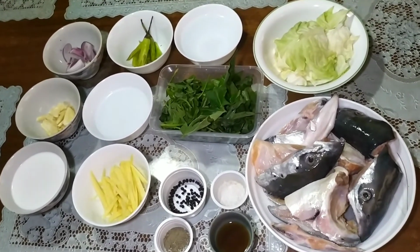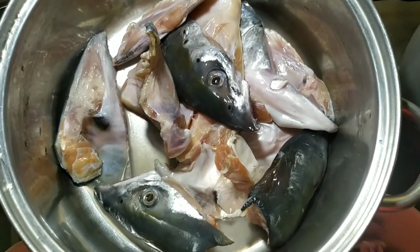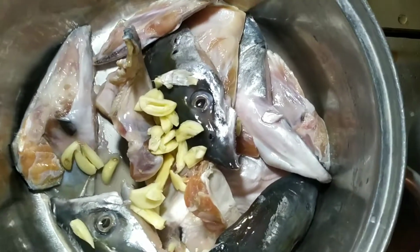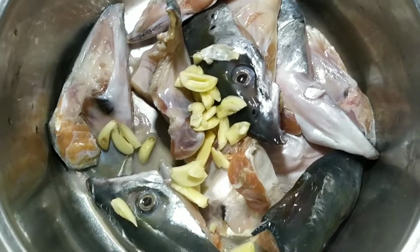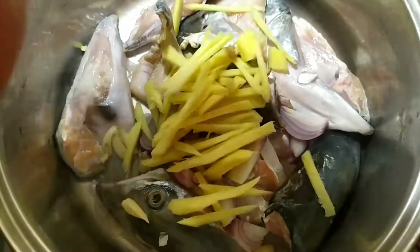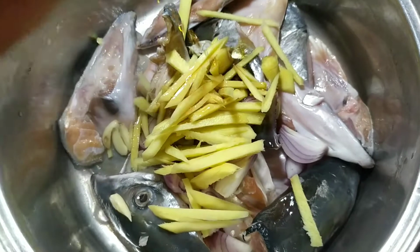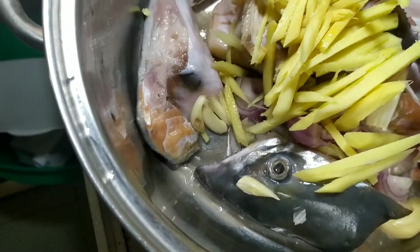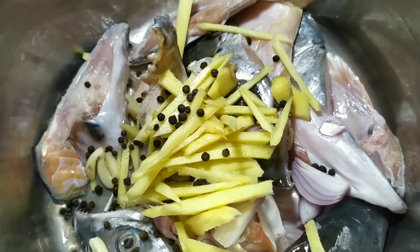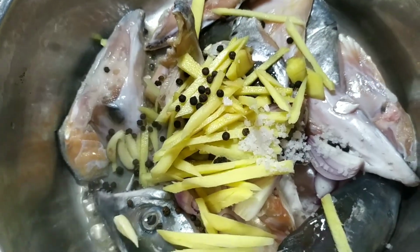Tara! Luto tayo! Okay, in our casserole, we put our salmon head, and we will put almost every ingredient. We'll put the garlic, onion, ginger, fish sauce, peppercorn, salt, brown pepper,